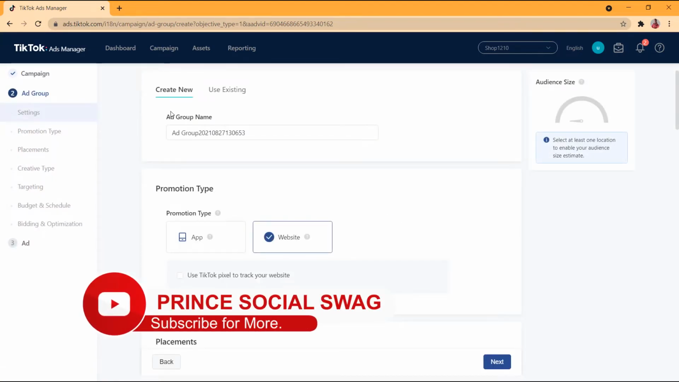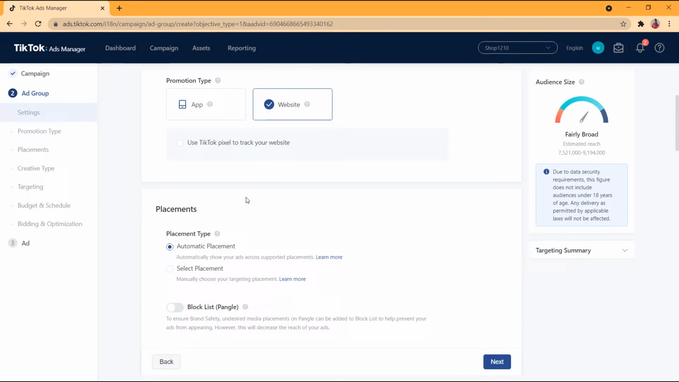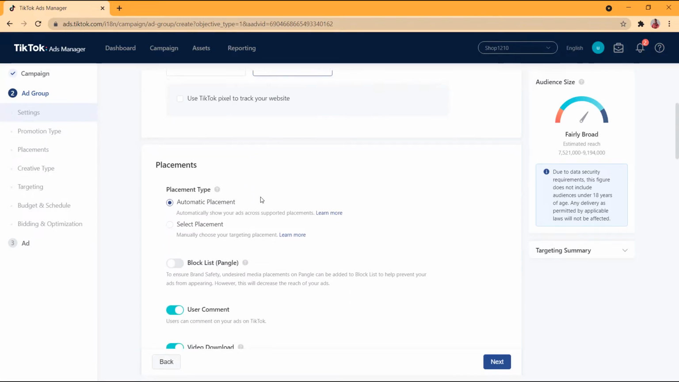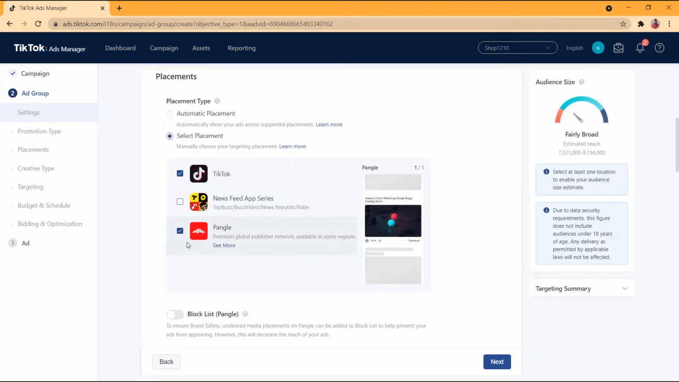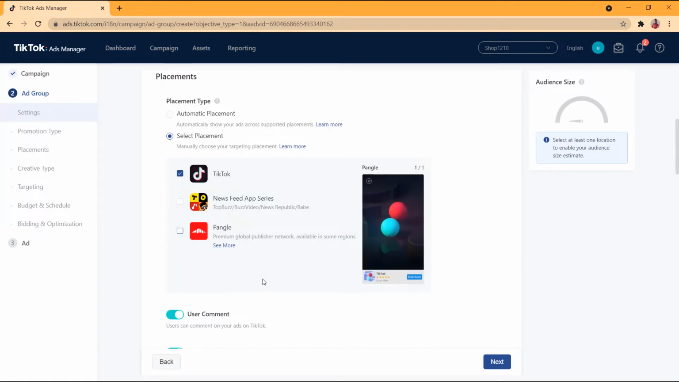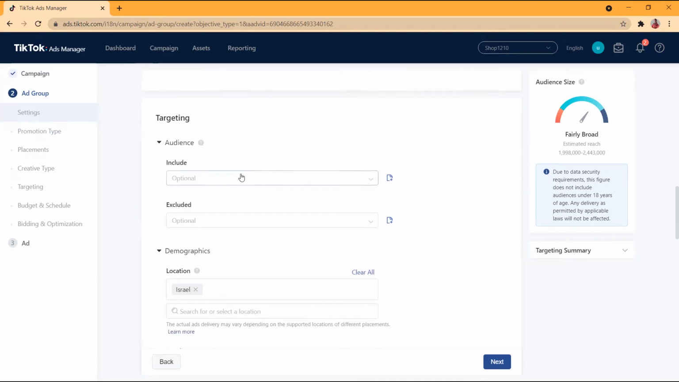So in this step here, you just have to first rename your ad group here, and then scroll down. You can also use TikTok Pixel. I've set it up before, and then scroll down here for the placement. I recommend you to remove these others and remain with TikTok. You can also remove the video download if you want, or the user comment, and then scroll down for the